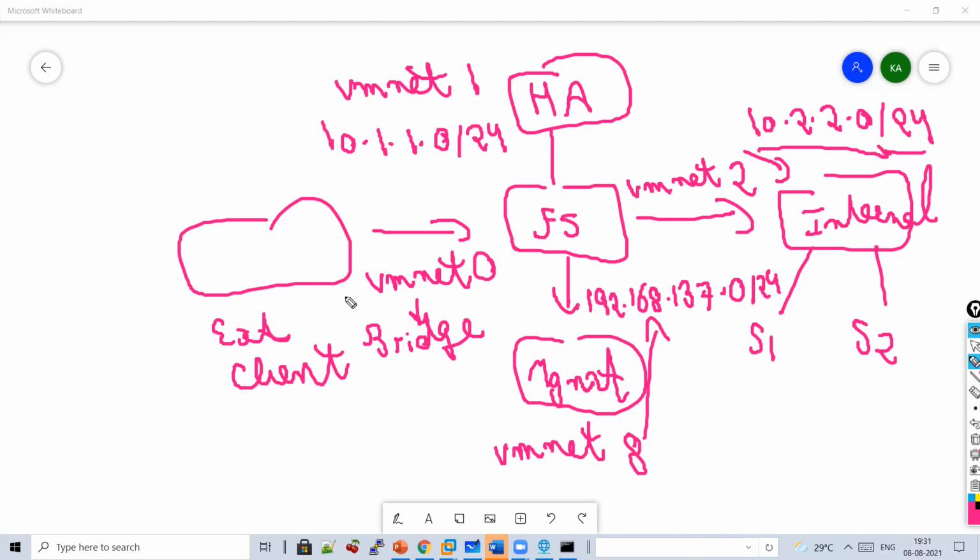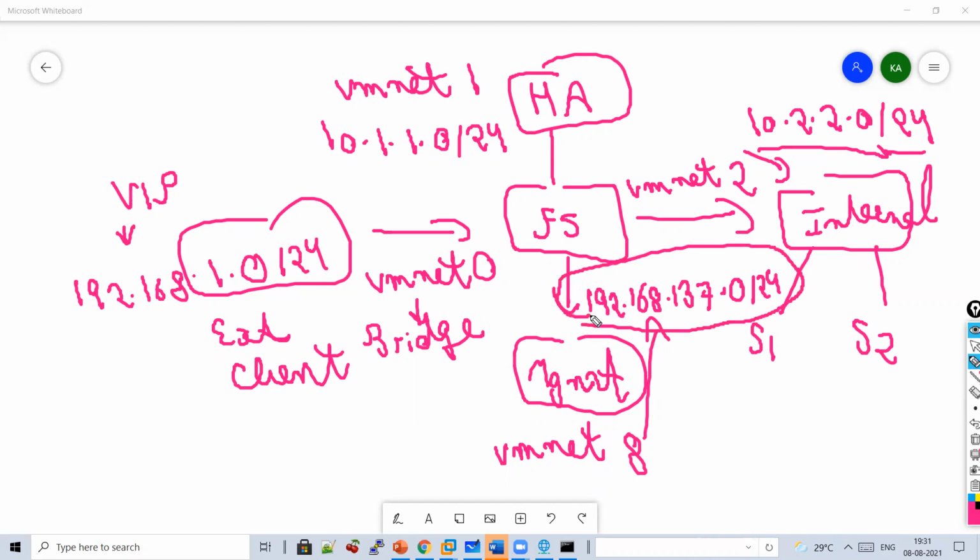Whenever I will be creating any virtual server or VIP, I will be giving IP address from my wireless network, which is called 192.168.1.0/24. And my management IP address, which I need to give to my F5 device, I will be giving from 192.168.137.0/24. So this is how an IP address schema is assigned.